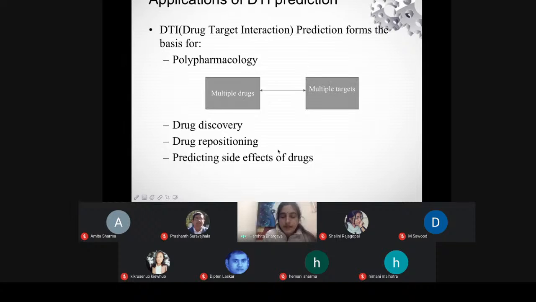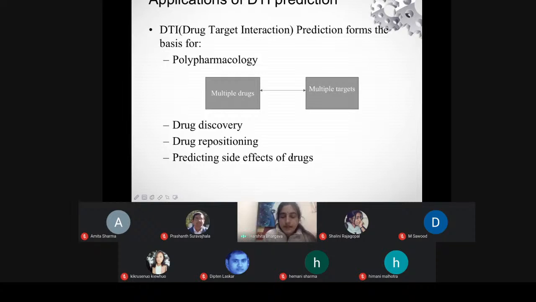The next is the drug discovery, drug repositioning. Repositioning या drug repurposing हम कह सकते हैं. Predicting the side effect of the drugs. Side effects हम कैसे कहेंगे? Because if we say कि for a particular drug, the drug in question, we recommend a particular set of targets. ठीक है, some are known, ठीक है, हमने यहाँ पे जो list provide की है, that is suppose a rank list of targets, ठीक है, rank list of proteins. Now we can say कि other than these are the proteins on which this drug can act, ठीक है.